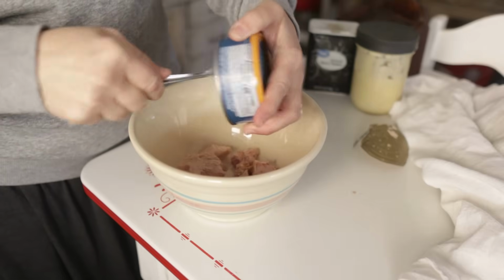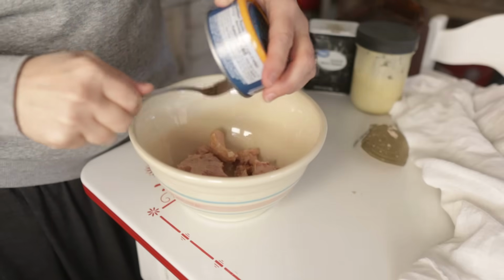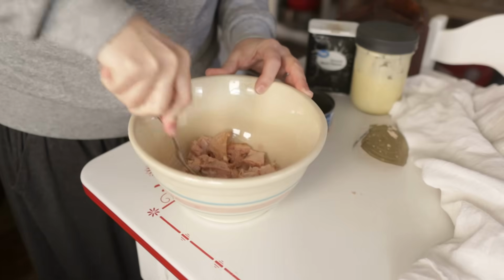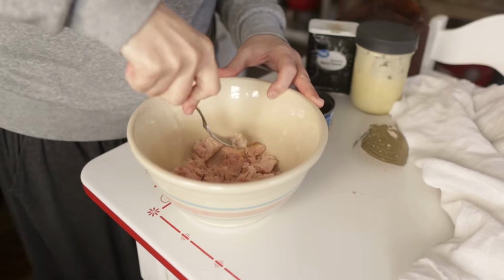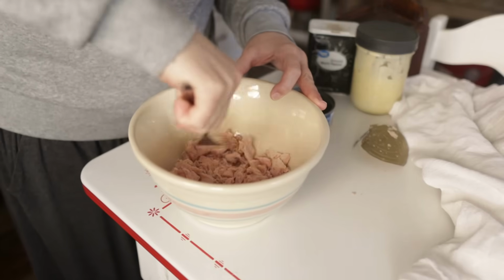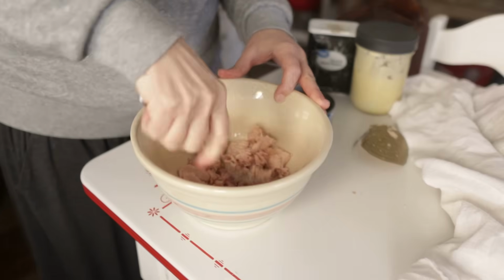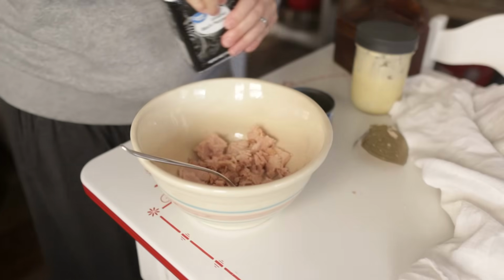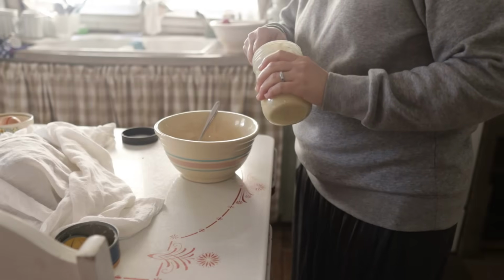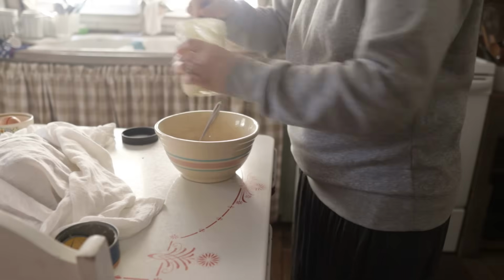So this is the only brand of tuna that I use. I can't remember, I think it's Safe Catch. Yeah, Safe Catch tuna. It is BPA free cans and it's really high quality tuna, and I keep several cans on hand so I can make things like this. And for my tuna salad, I really just use salt, pepper, and mayonnaise, and mix it up